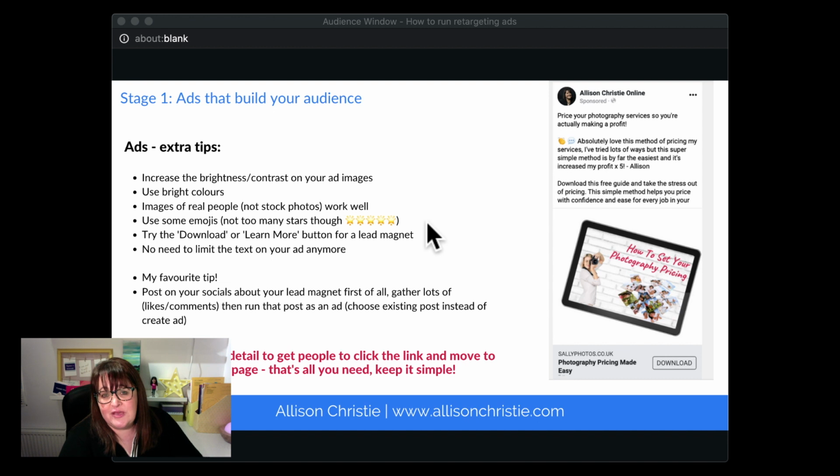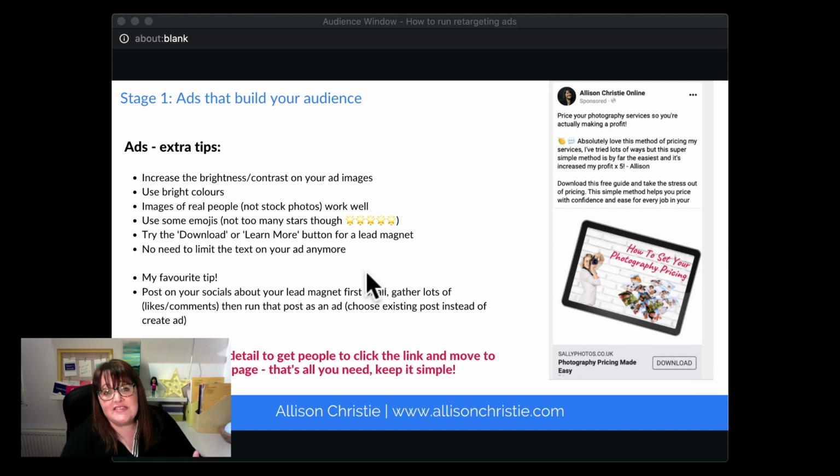If someone is visually impaired and using a screen reader, they can really muck up what they are hearing as they're trying to understand the copy and the context of your ad. Now, when it comes to a lead magnet, good buttons to choose for people to click on or download or learn more, always good options to try. Of course, again, testing is always key, so you can test different buttons and see which ones people respond best to.